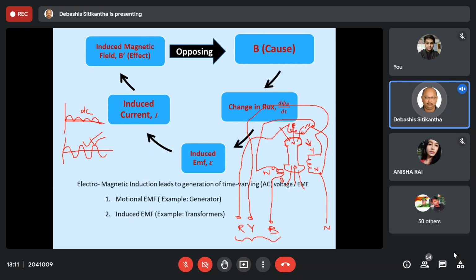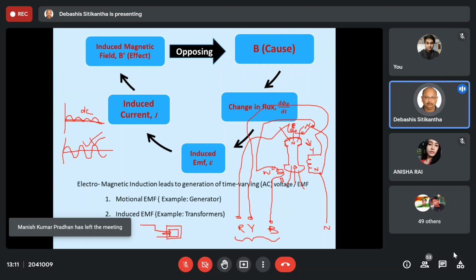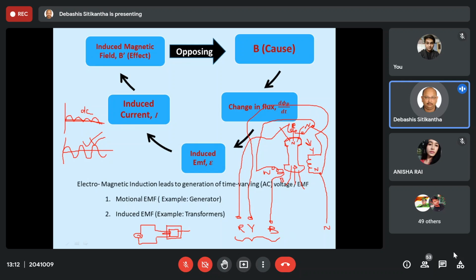The next one is the induced EMF. A very simple thing. Suppose in the case of transformers, we have a device known as a transformer. You must have heard about it and done some problems on it in your plus 2 syllabus. Basically we have a coil over here, and to this coil we always give an AC supply. The use of a transformer is to change the voltage level. That means it can either increase the voltage or decrease the voltage. Suppose I am having two coils: one is the primary coil, the other one is the secondary coil.